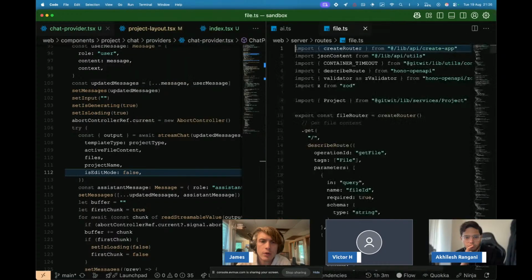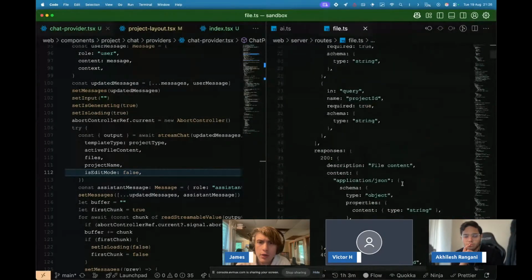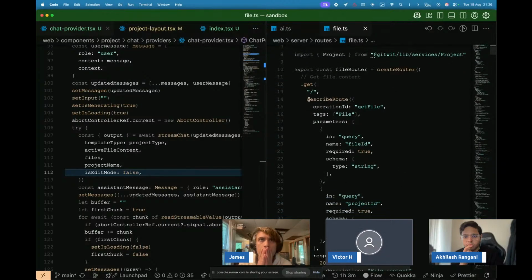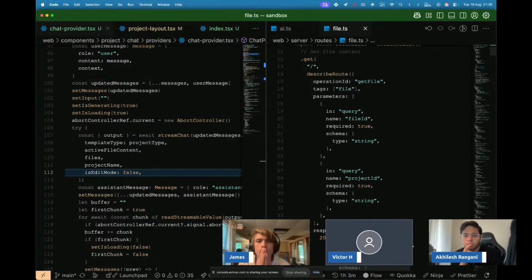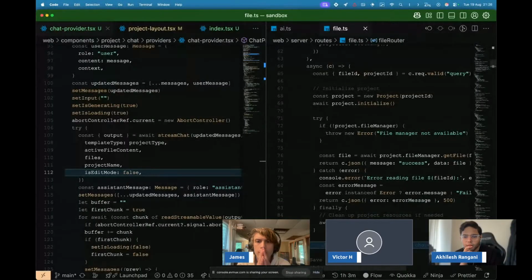Okay. So this is where we get the files. Get the file by file ID, project ID. This is where it all happens. But on the client side,